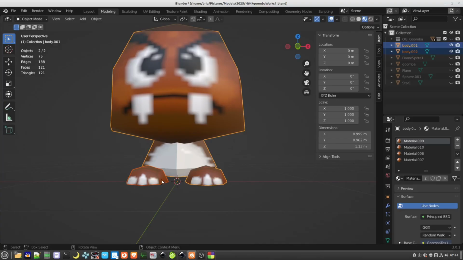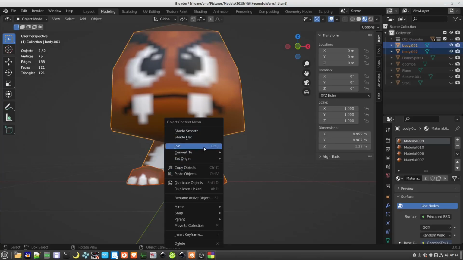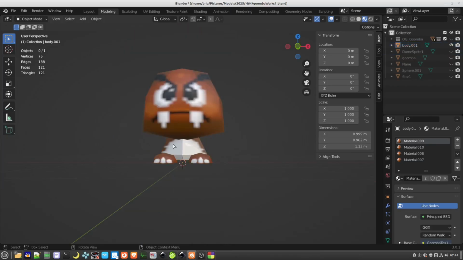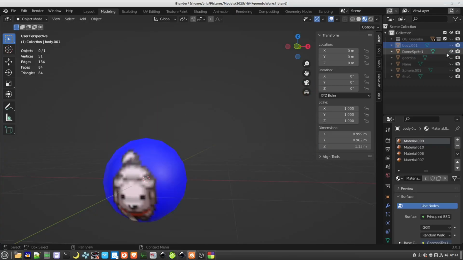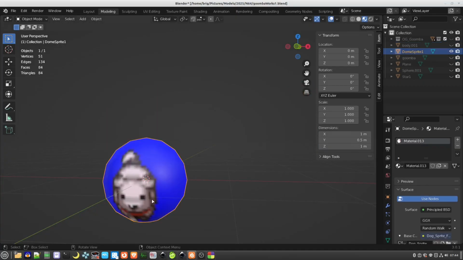So what you would do with this one here is select all of it, right click and then join, and that's how you connect parts together if you don't already know that. So this is one of the models I exported. We'll hide that one and then I'll show you the others and the purpose for these. So this is the